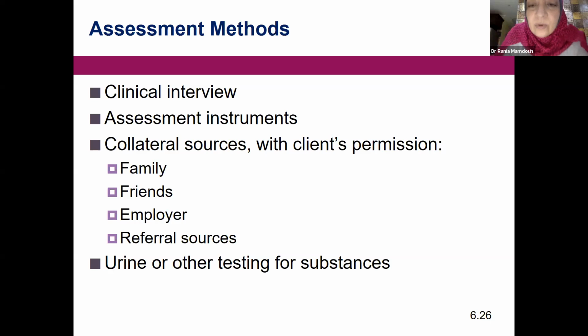SCID 1 and SCID 2 are for detection of axis 1 and axis 2 psychiatric disorders comorbid with addiction, according to the DSM-5. Oh, okay, that's a clinical assessment. Yes, that's another assessment. SCID 1 and SCID 2 for all psychiatric disorders, and SCID 2 for personality disorders. Oh, okay, psychiatric, but with addiction. Thank you. Any other assessment instrument specific to issues of addiction?